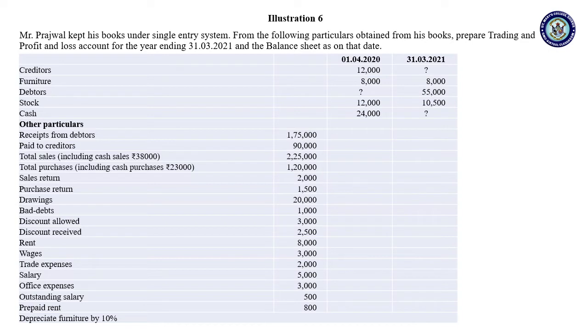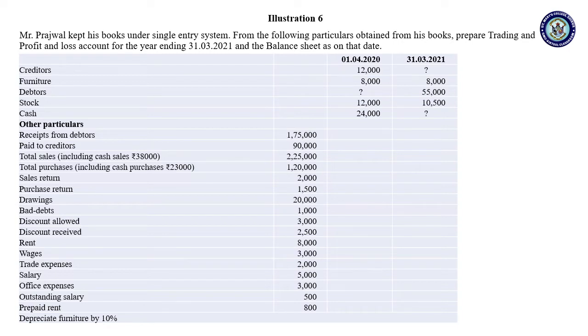If they are not given the opening balance but they give the closing balance, it means you have to find the opening balance. So this is the rule. If you are not preparing an opening balance sheet, then you need not prepare the ledger account to ascertain the opening balance. If you are ascertaining opening capital, then you need to know the opening balance. So you have to prepare the ledger account if the opening balance is not given. For debtors, we are preparing the ledger account because we have to find the opening capital. The ledger account of debtors is to be prepared and the balancing figure will be the opening debtors value.